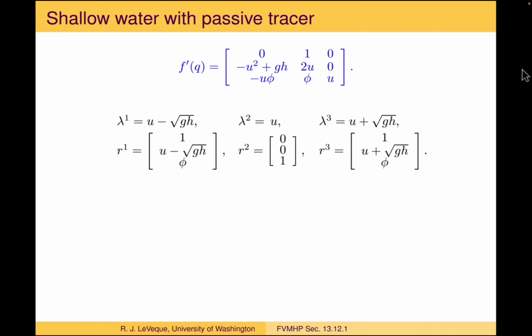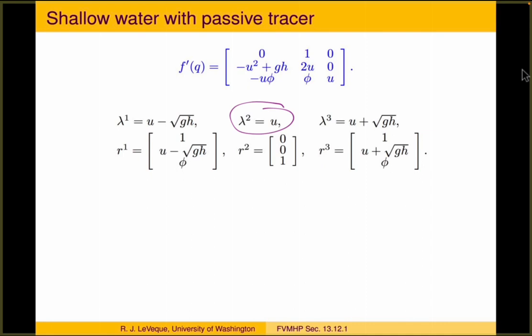And R1 and R3, the first two components, are just the usual eigenvectors of the shallow water equations, but they have another component added. And then the R2 eigenvector is the new one that goes along with our new eigenvalue u, which is always between λ1 and λ3. And R2 has the structure that the first two components are 0 and only the last component is a 1,